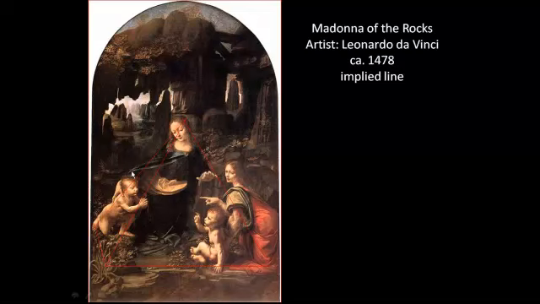Another way that implied line works is through gestures, and this is also this idea that someone's pointing at something, we want to see what they're indicating. So we have some gestures here that will be used as an implied line. And then finally, the third way that we can see an implied line being created is through the placement of